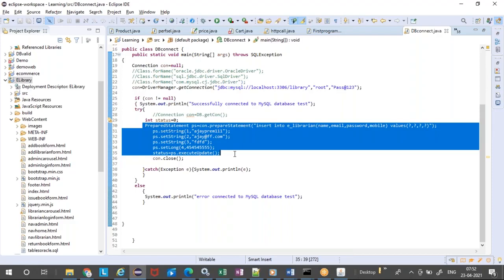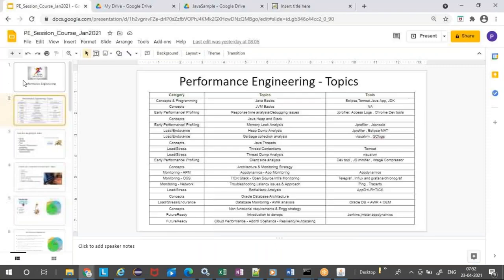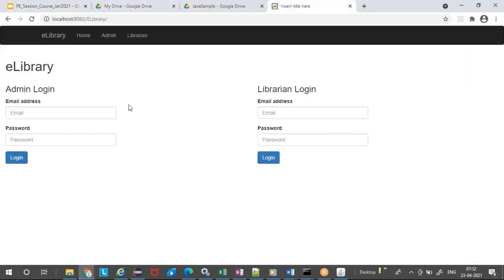For the e-library application to work, you need not create the tables right away, because your login does not depend on MySQL. It has no database.